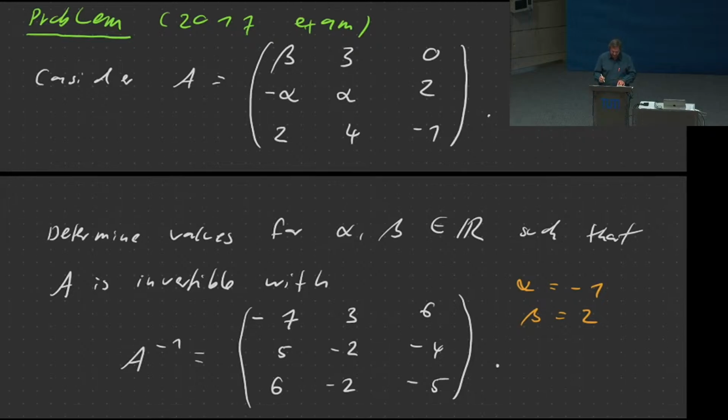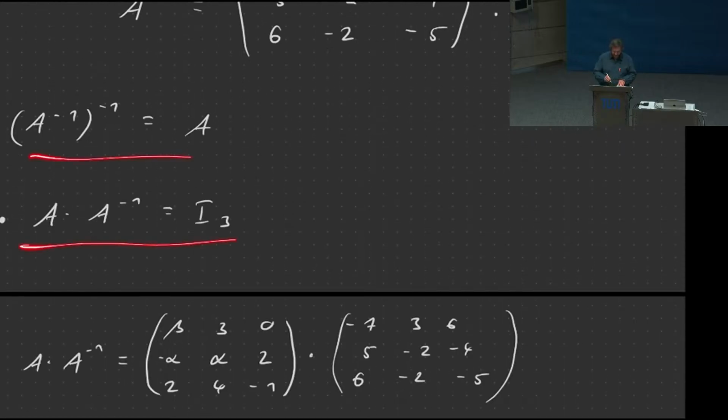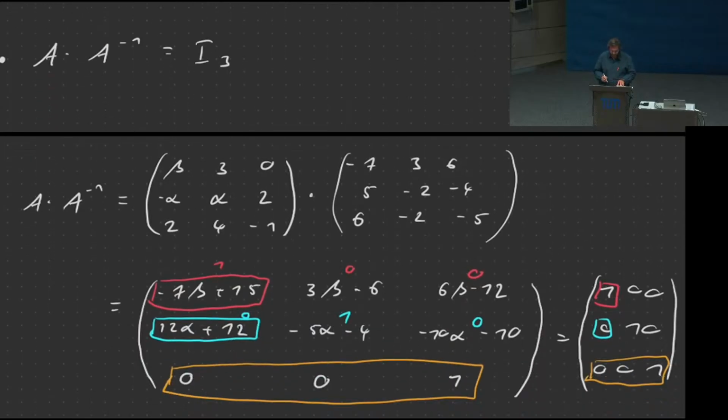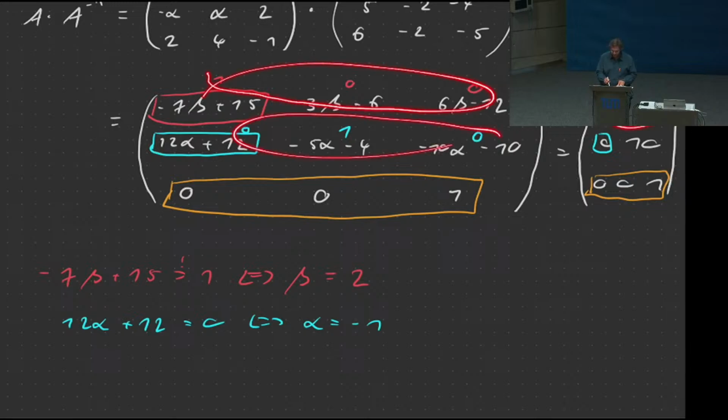So actually the task here was more to see if there are values for alpha and beta such that this is actually the inverse of A. And if so, find those values, right? And that means you can work with either that or that. Yeah, that's basically the definition of the inverse, to see if there are values that satisfy this. And in this case, we did this here. And we ended up with these values, and we verified that using these values would actually give us the right numbers for all entries of our matrix. Yeah, also for the last row.